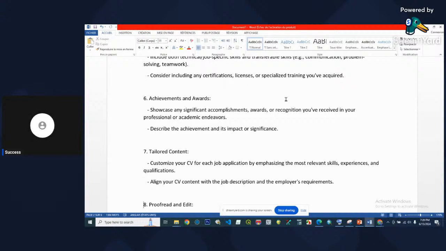Let me say, for example, I was the best student in this particular program, and because I was the best student, I got an award of, let's say, 5 million francs CFA. Now, somebody who is reading that doesn't need to know what the award is, because most often there are a lot of rubbish awards out there, right? So now when you tell him that you got a reward of 5 million cash, maybe as a scholarship because of that award or something.